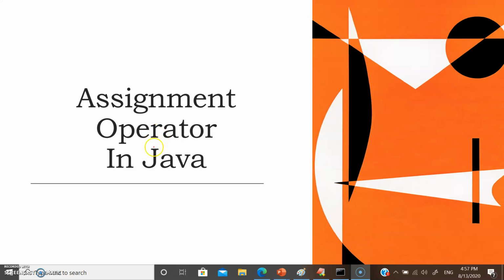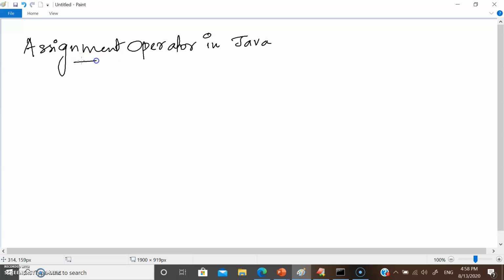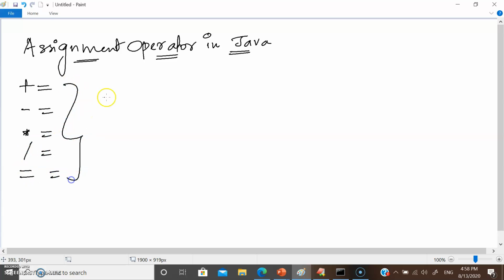Let's see what an assignment operator is in Java. The assignment operators are plus equal to, minus equal to, multiply equal to, division equal to, and so on. Everything like this we call an assignment operator in Java.